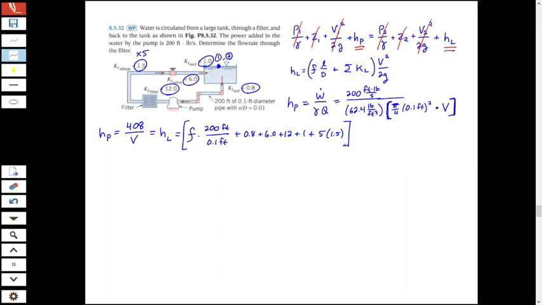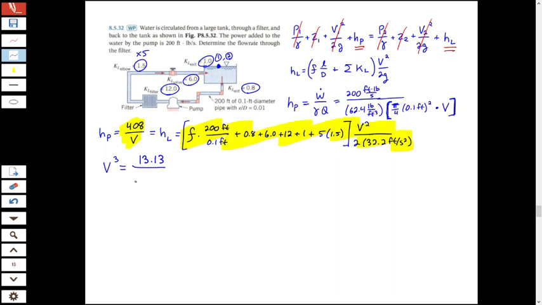All right, we got all that. Velocity squared divided by 2 times 32.2 feet per second squared. All right, now we got everything. If you take this whole expression, this on the left-hand side and this on the right-hand side, if you calculate that and simplify and solve for velocity cubed, you will get